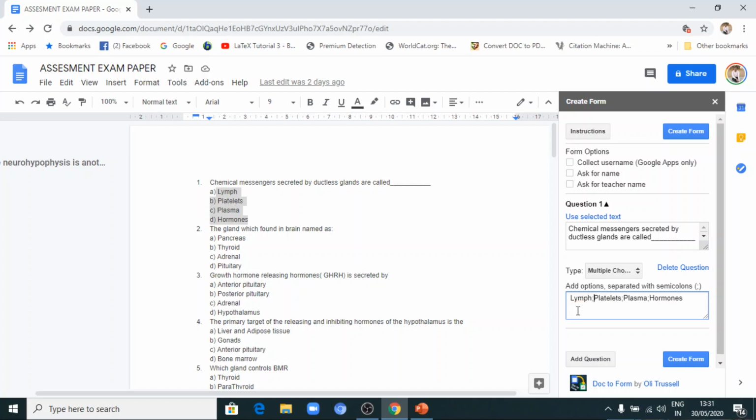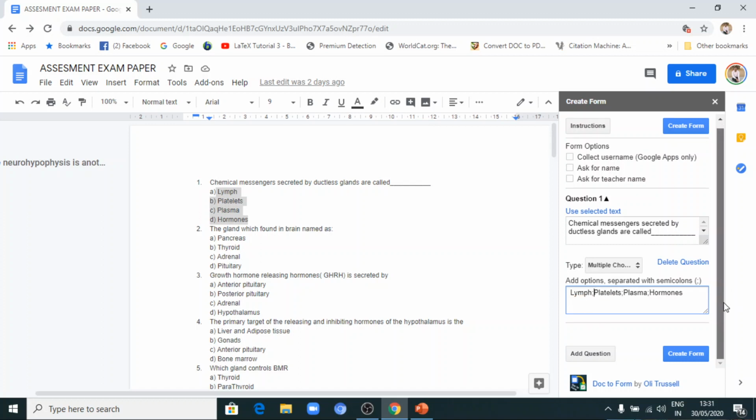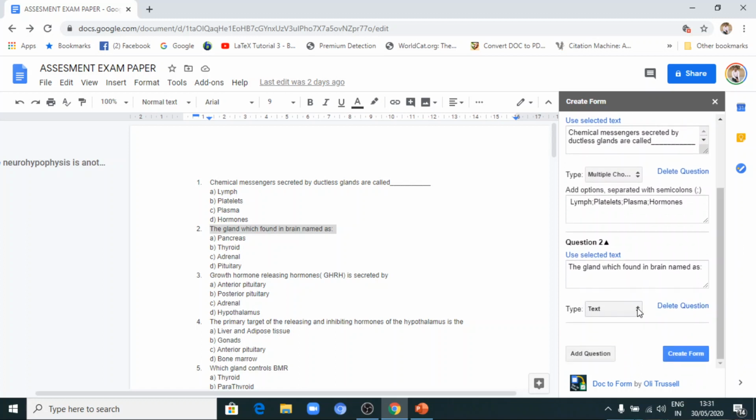Now see, okay, this is the first question. Then you can even add the second question also. Then select second question, use selected text, automatically it gets selected. Then which type of question is it? Multiple choice.